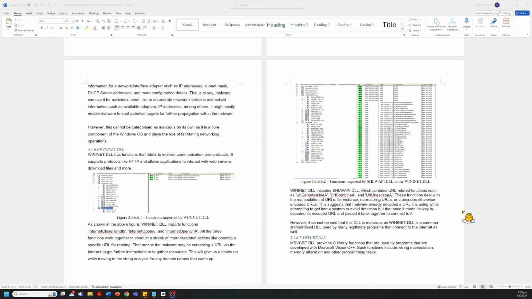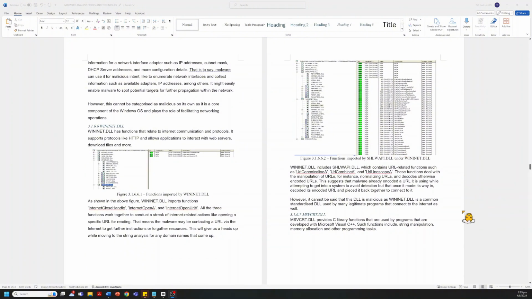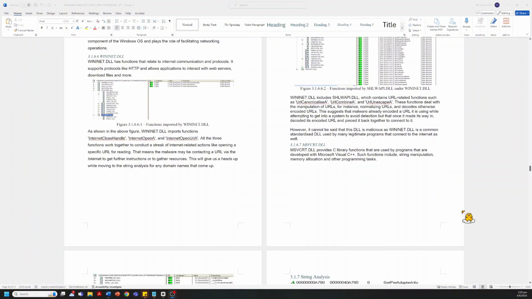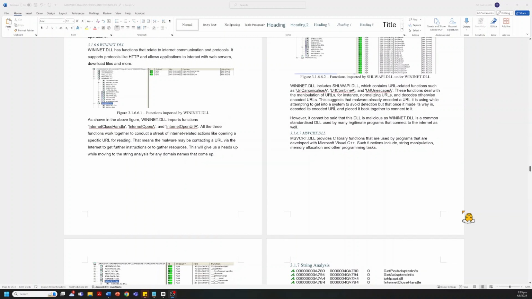So these functions deal with the manipulation of URLs, which suggests that the malware has already encoded a URL it is using while attempting to get into a system to avoid detection. But once it makes its way in, it will decode its encoded URL and piece it together to connect it. And then we move on to another DLL, which is this,